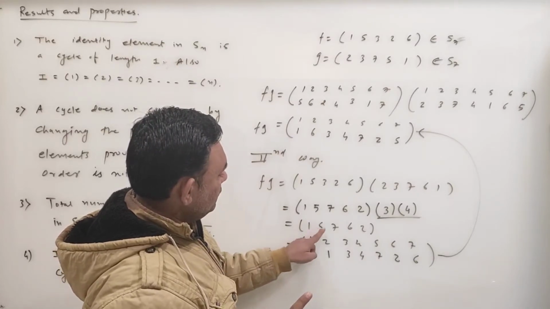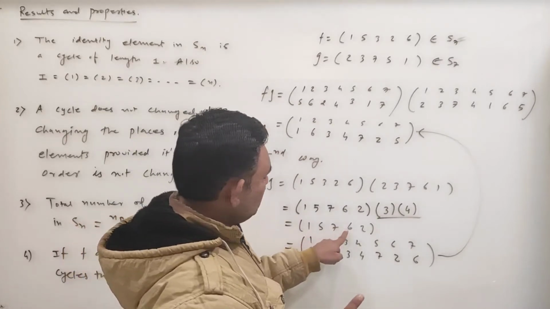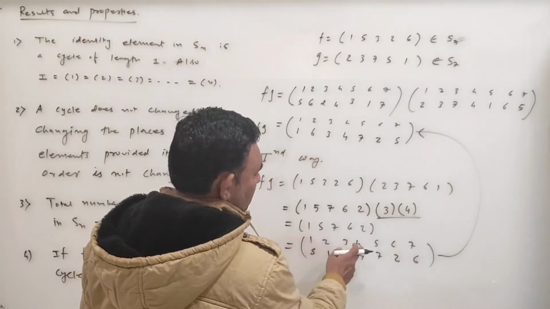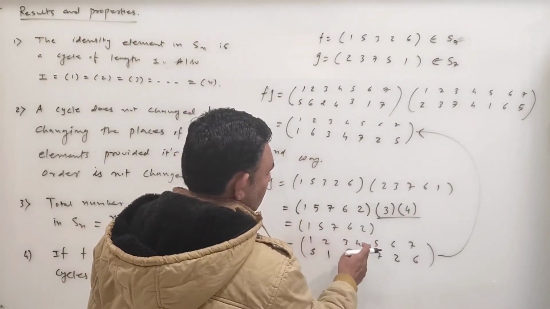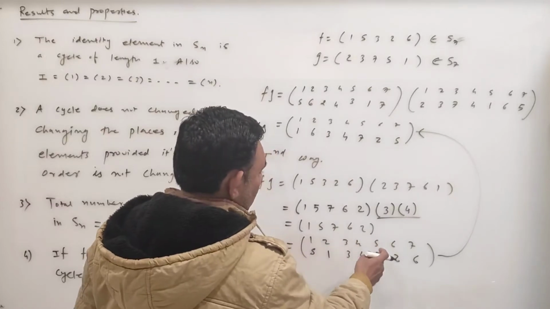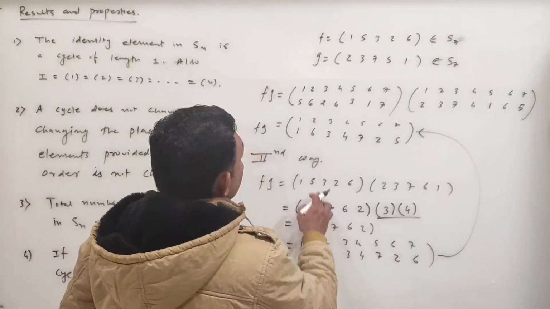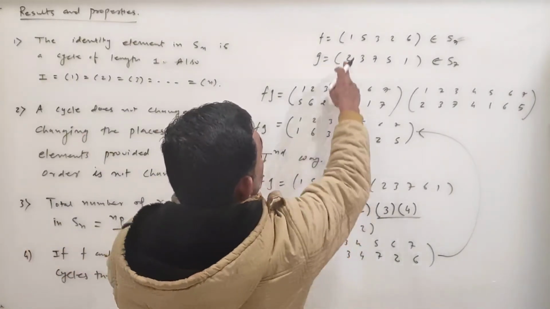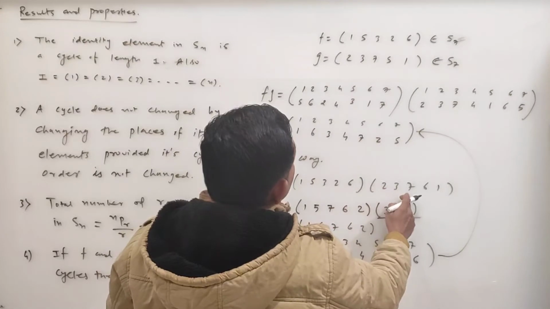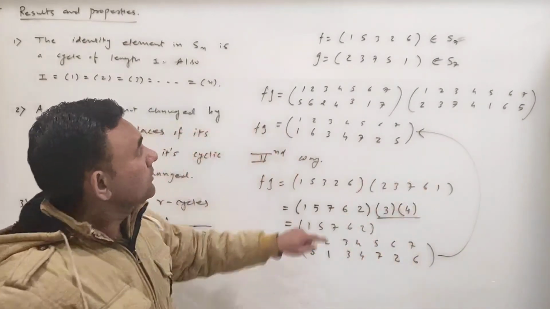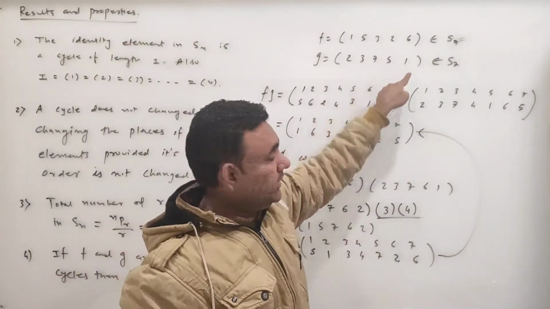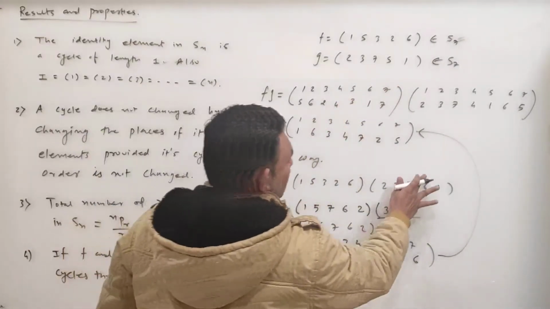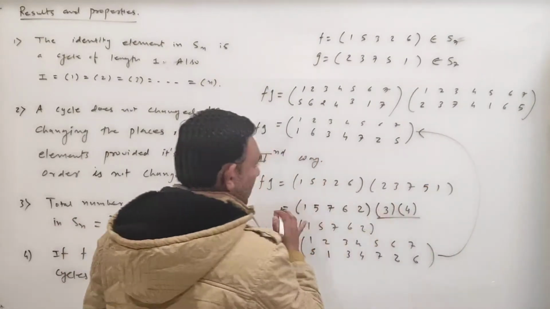1 goes to 5, 5 goes to 7, 7 goes to 6, 6 goes to 2 and 2 goes to 1. I think 1, 5, 3, 2, 6 and 2, 3, 7, okay, 2, 3, 7, 5, 1 and I wrote here 6. So that is a mistake. So let us change it. So let me consider this is 5 and let me recompute this.